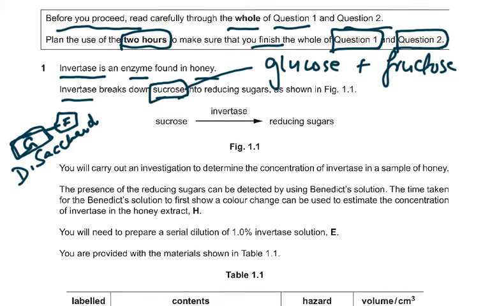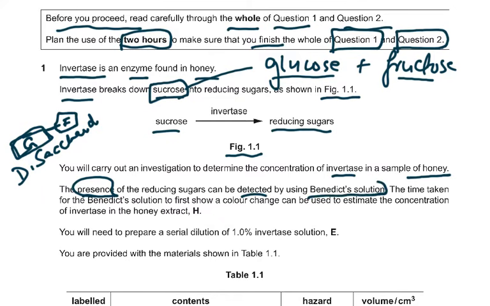Invertase breaks down sucrose into reducing sugar as shown in figure 1.1, and this is the figure 1.1. So sucrose into reducing sugars, and I've told you the names of the reducing sugars are glucose and fructose. You will carry out investigations to determine the concentration of invertase in a sample of honey. The presence of the reducing sugar can be detected by using Benedict's solution, and you know Benedict's solution is blue in color. The time taken for the Benedict's to first show a color change, which means as soon as its color changes from the blue that it originally was,